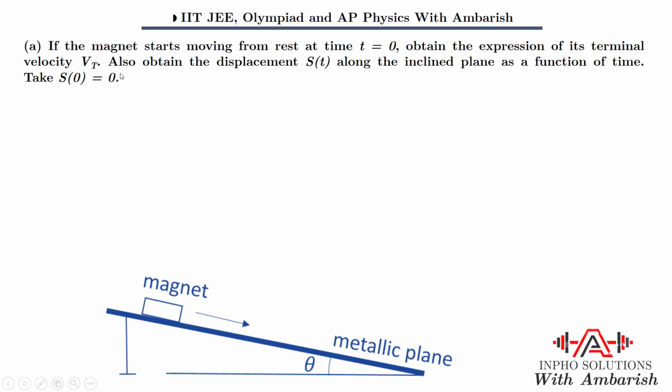You can see this is a very easy problem, an almost standard problem that you see in viscosity. So what do you do for finding terminal velocity? You equate the viscous drag force to the other force acting on the particle, and then you are able to solve for terminal velocity immediately. So we are going to do the same thing here. One thing we want to find is the terminal velocity, and the other is the displacement along the inclined plane. Okay, so let's see.